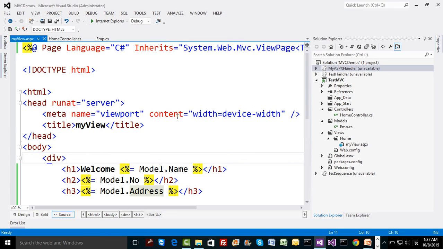Next session, we are going to understand how we return maybe some sort of collection from the controller to the UI. So let's stop for